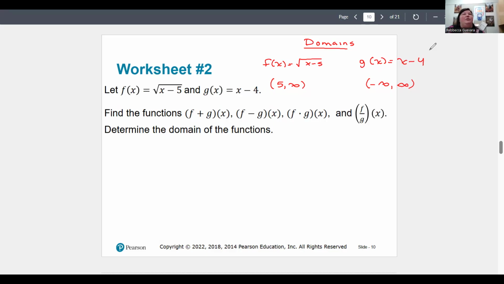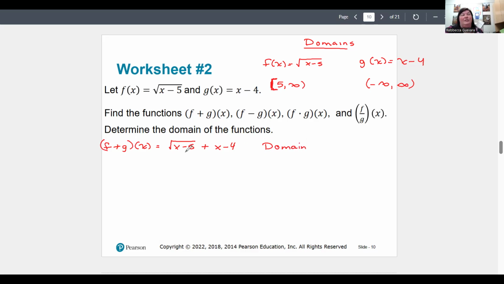So when we have these two functions, we have f of x, which is the square root of x minus 5. So its domain has to be 5 or greater. Include that 5. G of x is x minus 4, so its domain is negative infinity to infinity. What we're going to see here is that if I do f plus g, then we're going to have the square root of x minus 5 plus x minus 4. So here, I can't do much to simplify it. This is what it's going to look like, but its domain,